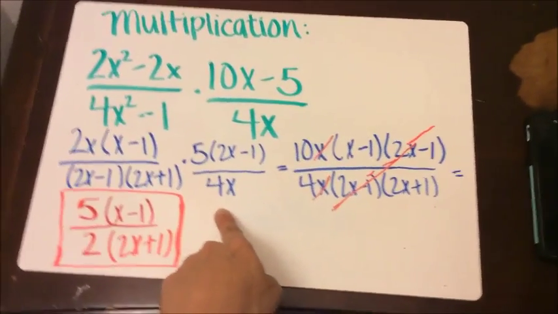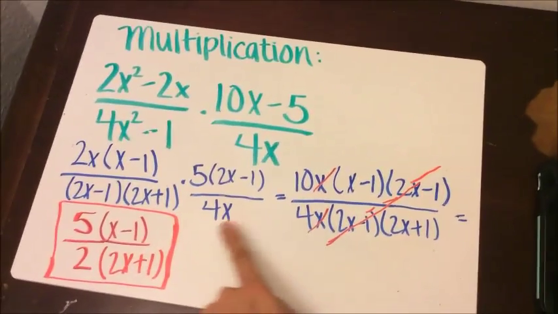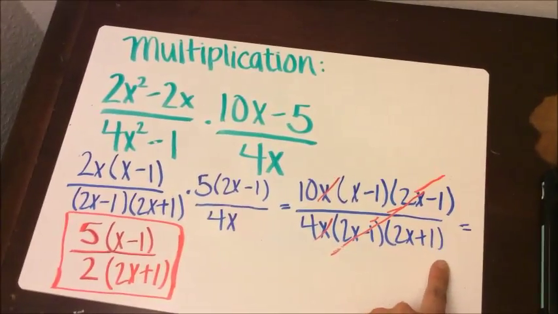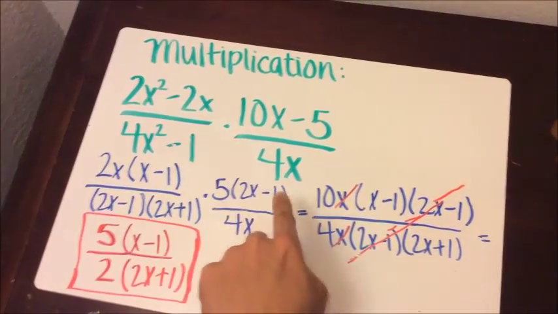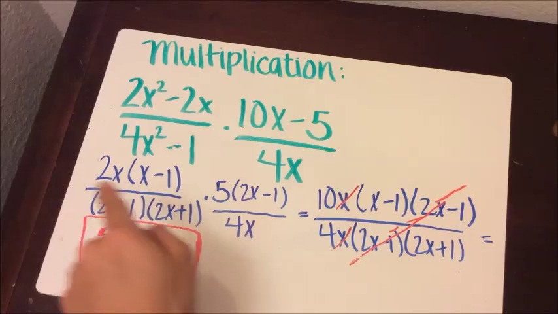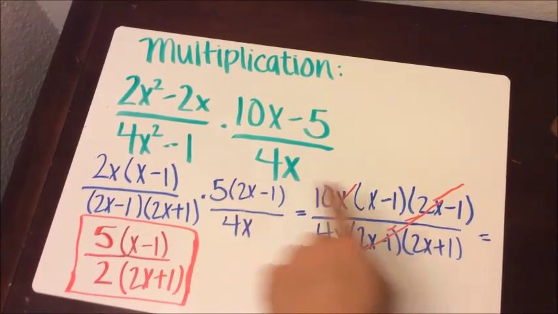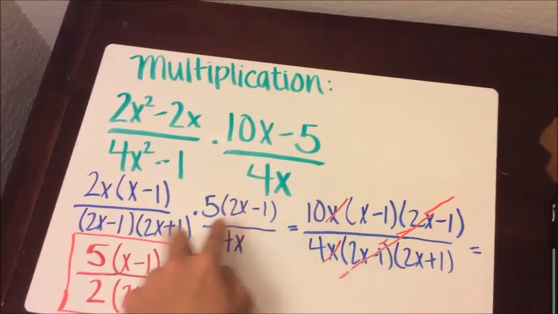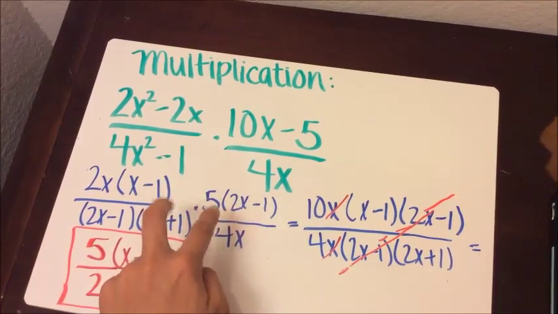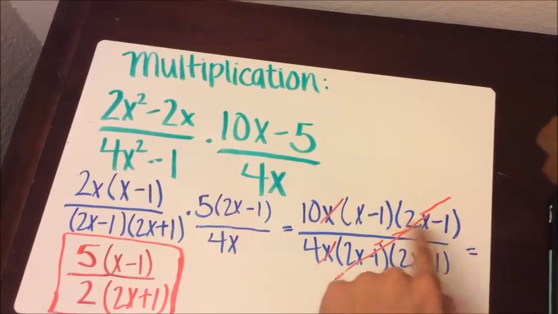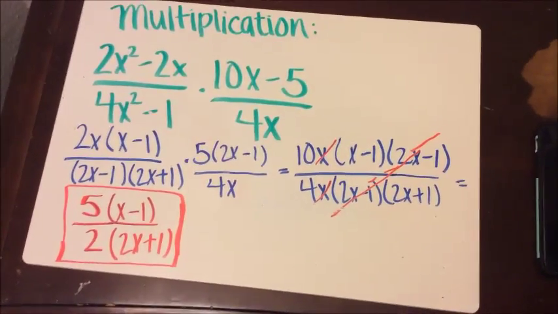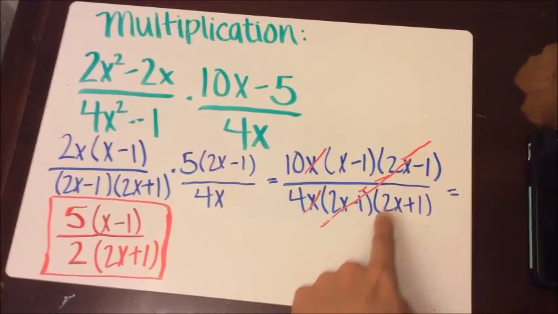Then we would combine them. So we combined all the denominators over here, and then we would combine all the numerators up top. We have the 2x times the 5, and that gives us a 10x, and we know we're not going to multiply each one, so they just cross over. After that's done, we can see what we can cancel out.